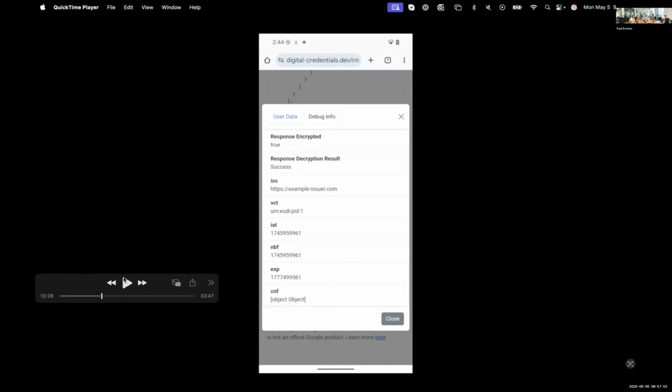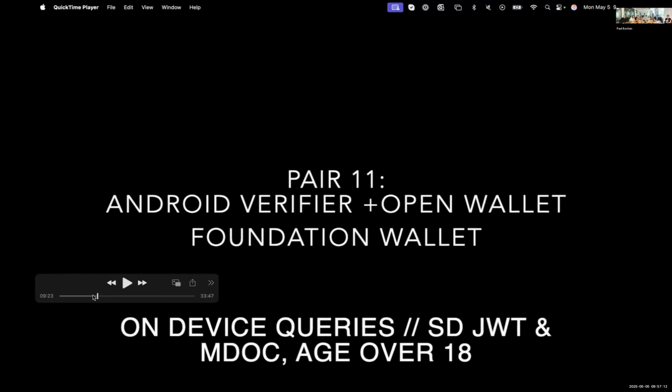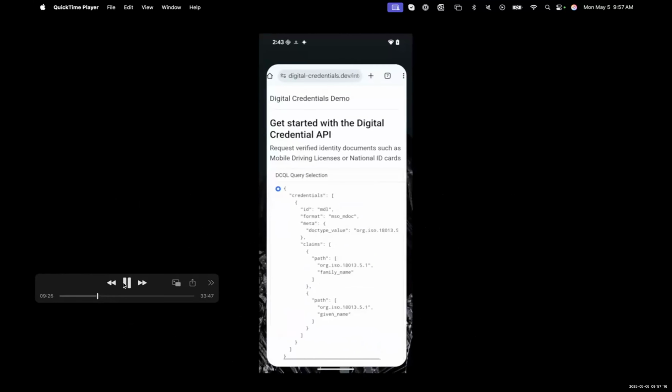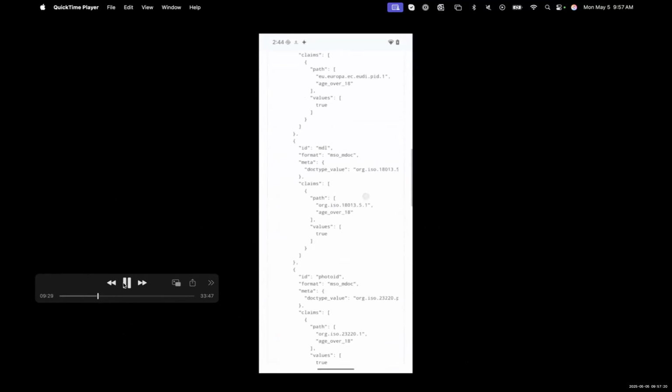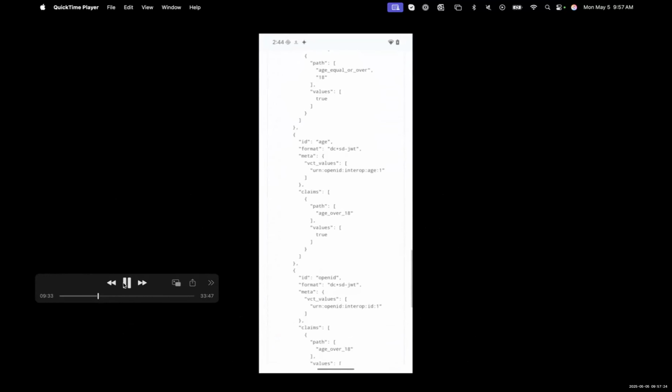Oh, that's already the UI that the wallet is drawing. Okay, that looked to me like the generic overlay that's being done from the Android Credential Manager. Yeah, so with Android Credential Manager, the operating system will draw the first dialog that you see in this video.